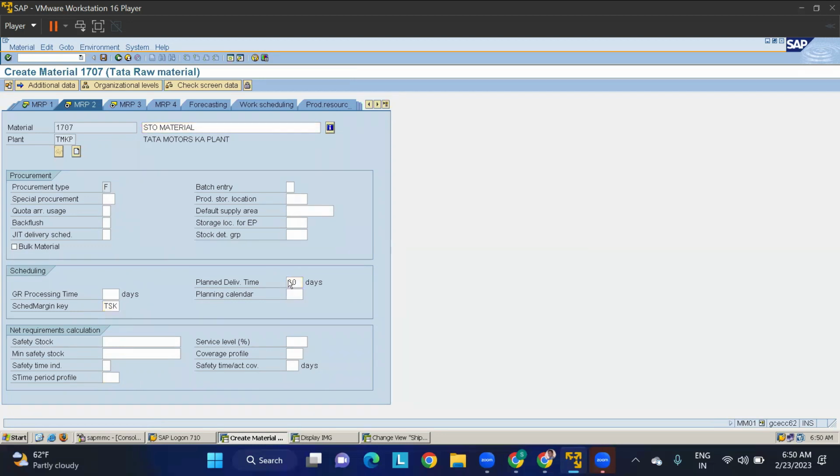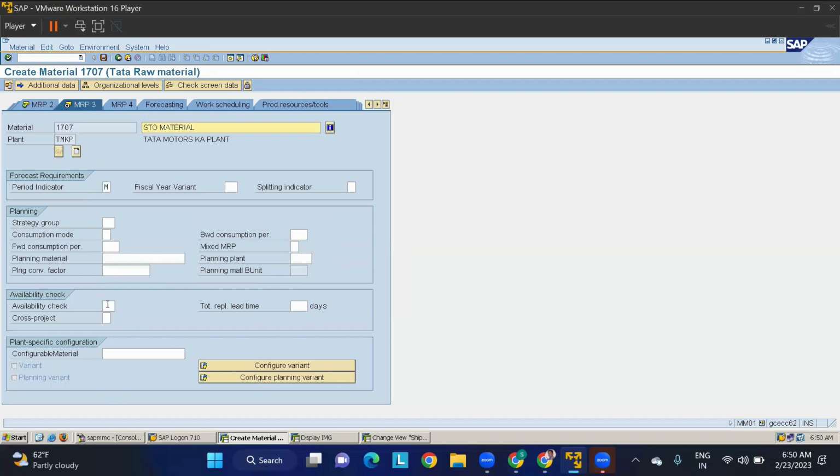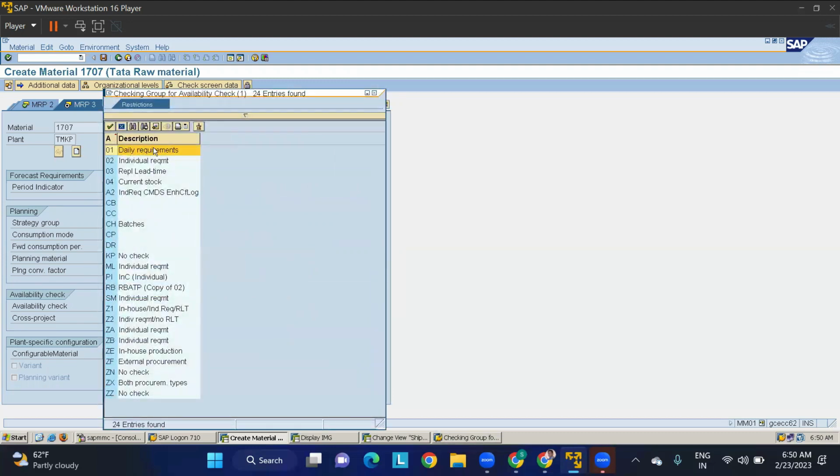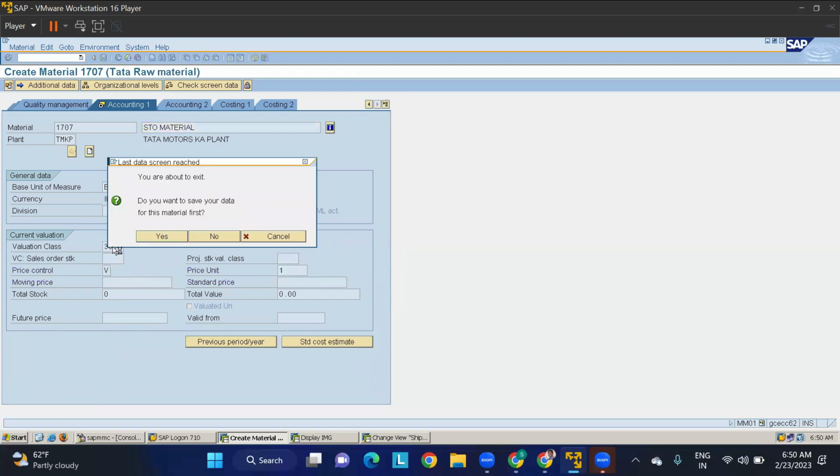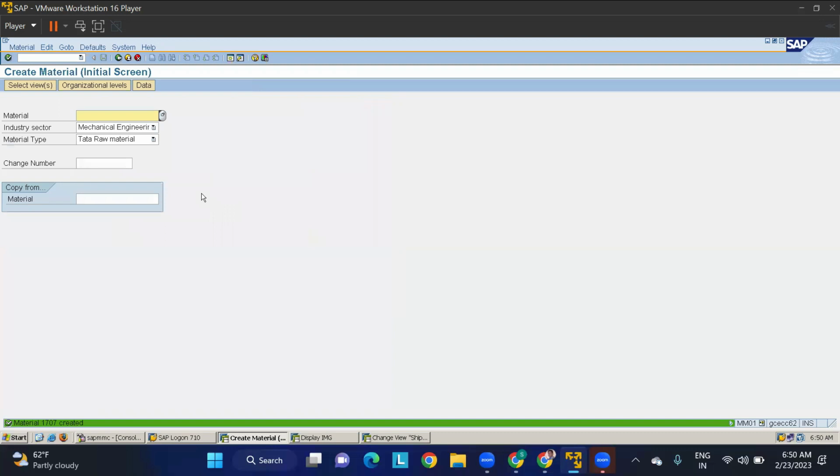This is PSK. Here availability group is there, no? We just provide 01 here. This is a daily requirement like that we are taking. So just take 01 here. Click enter. This is 3000 valuation plus. Just click enter and save this material. I have saved this material, but this material needs to be extended to